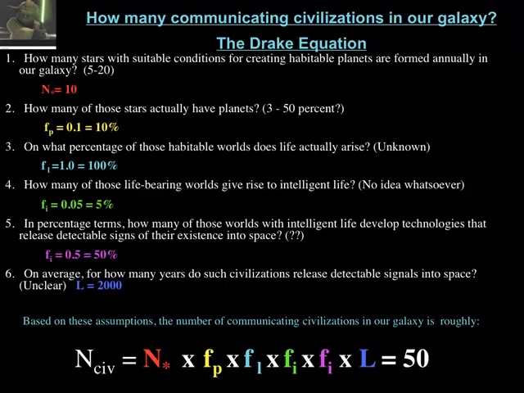planet around them. So how many of those stars actually make planets? I'll talk a little bit about what we think that answer is later. But let's say maybe 10%. Okay, so let's say maybe 10% of those stars make planets around